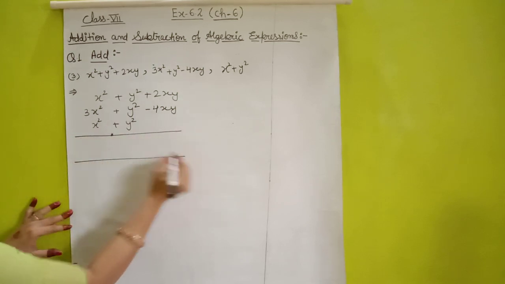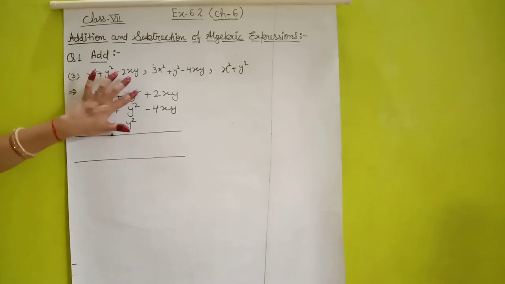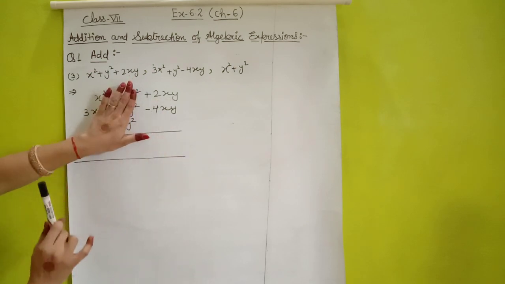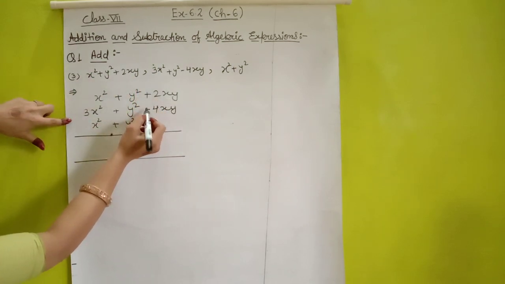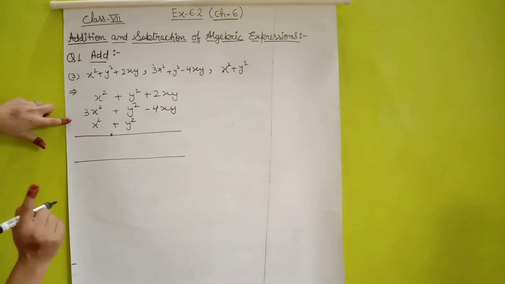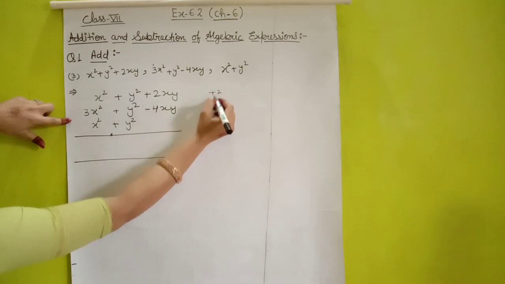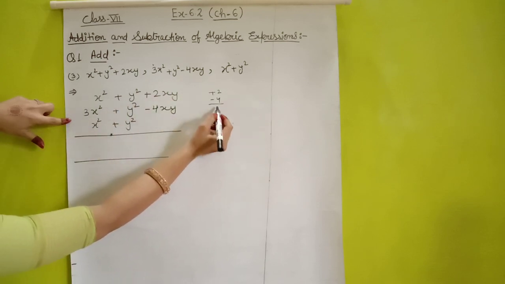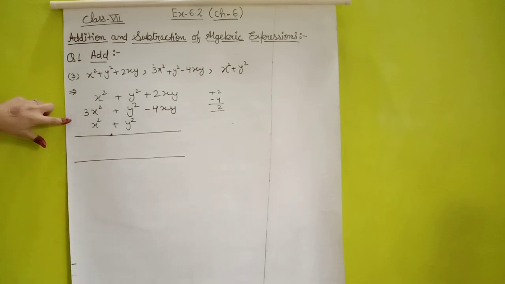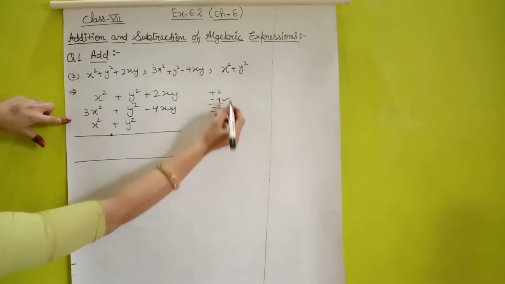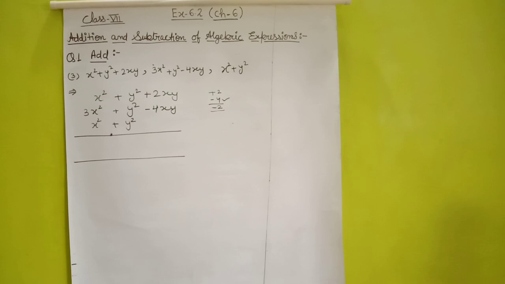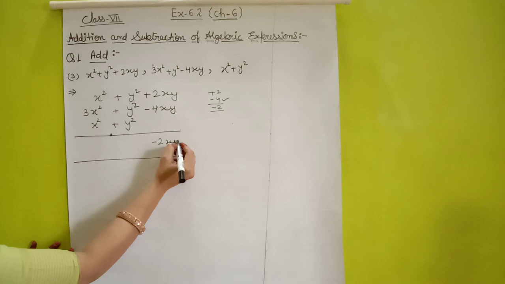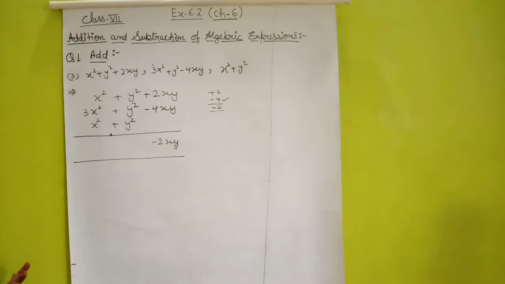Okay students, we will add. So again, don't see this one. Only we are having plus 2xy and minus 4xy. Again students, plus 2 and minus 4. Plus minus minus. Okay. Plus 2 minus 4. Plus minus minus. So 4 minus 2, 2 will come, and the sign of 2 will be minus because the greater number is having minus sign. So 2 and 4 plus minus minus, minus 2xy will come as it is.